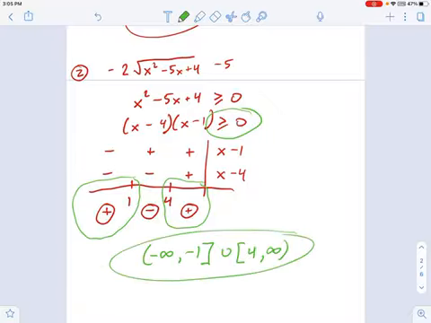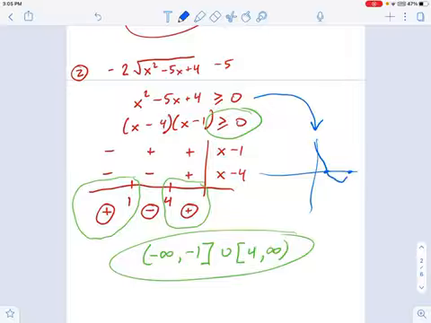If you imagine this a different way, remember that x squared minus 5x plus 4 part? If I had graphed that, let's bring this over into a graph. What does that look like? Well, you have x-intercepts at 4 and 1, maybe right here and right here, and it's going to look like some kind of a parabola. So that's my graph, and I'm saying, where's this thing positive? Well, you can see it's going to be all these values less than the left intercept and greater than the right intercept. And of course, that's not the graph of our square root function.